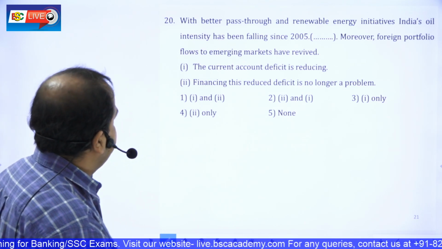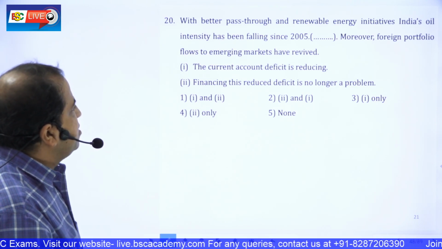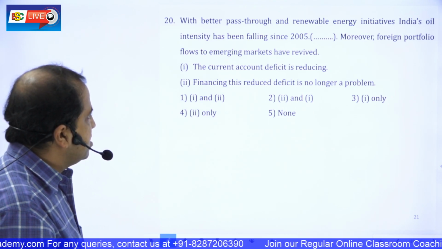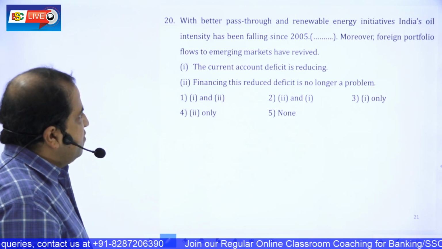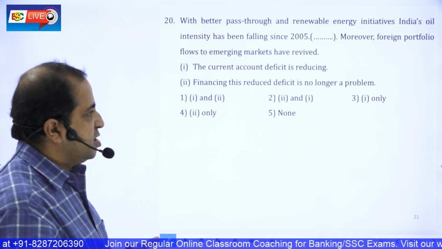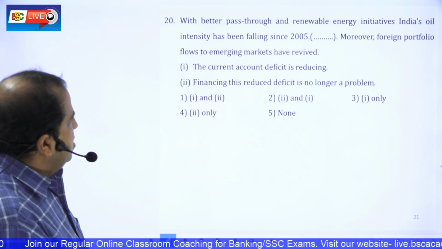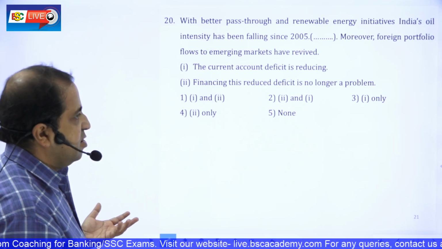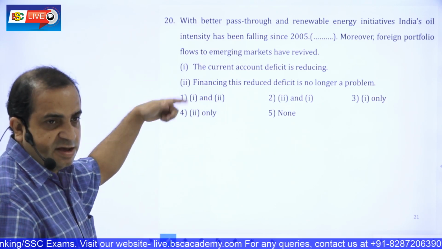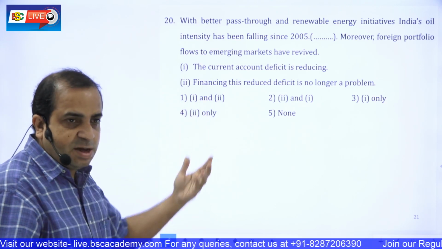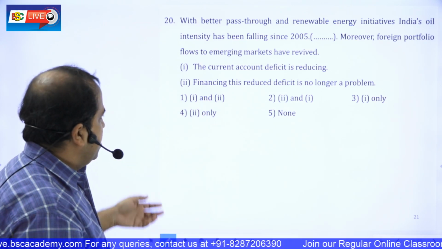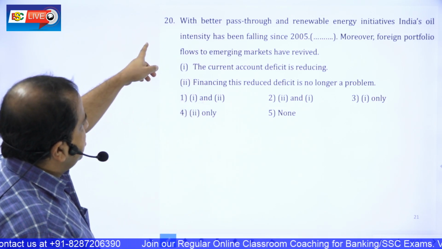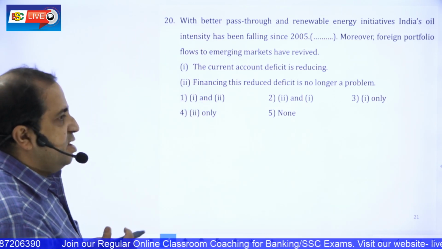Question number 20, again pass-through. With better pass-through and renewable energy initiatives, India's oil intensity has been falling since 2005. Moreover, foreign portfolio flows to emerging markets have revived. The current account deficit is reducing. Financing this reduced deficit is no longer a problem. Something like this question had come earlier in a different form. So if something like this comes, that is a bonus for you. And then the options: 1 and 2, 2 and 1, 1 only, 2 only, none. Now look at this, with better pass-through and renewable energy initiatives, India's